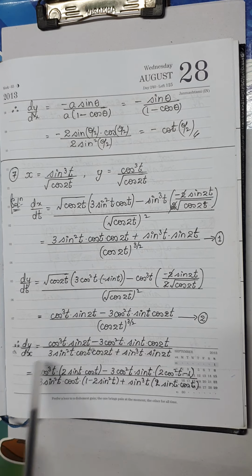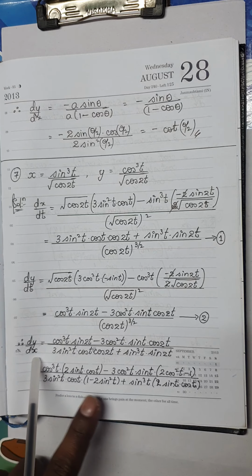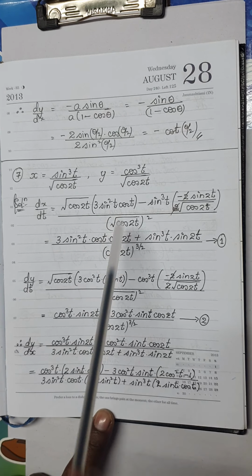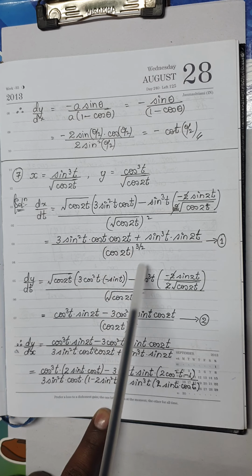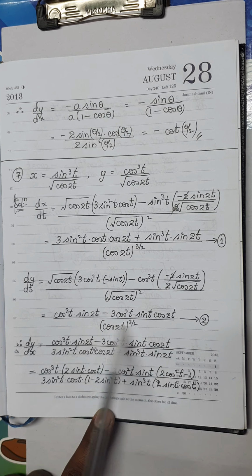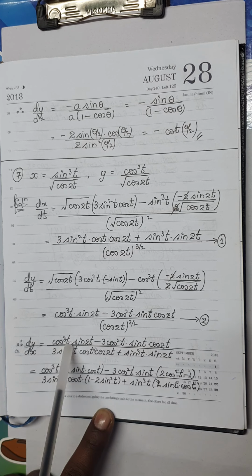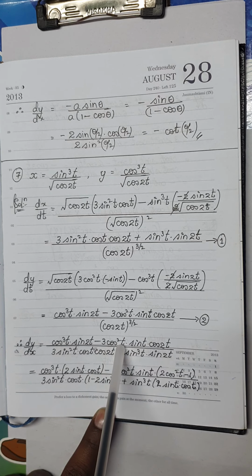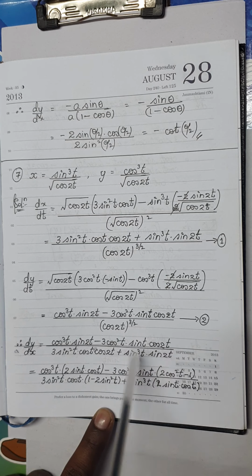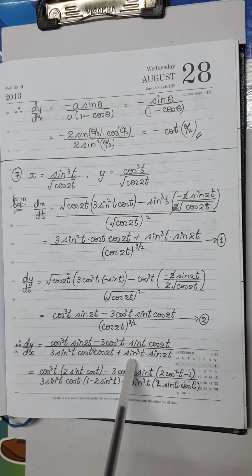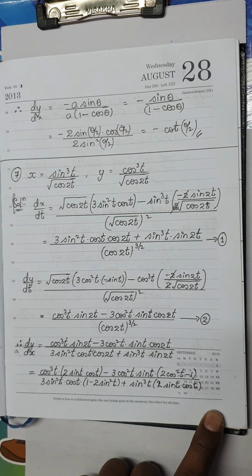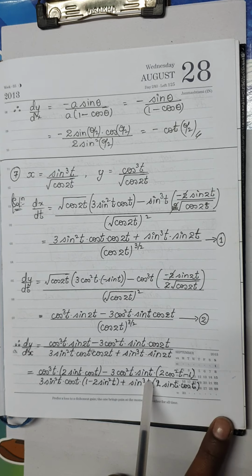Okay. Now dy by dx, we know it is nothing but dy by dt divided by dx by dt. If you divide it, remember these denominators will be cancelled. So I am left over with numerator from this part, that is cos cube t sin 2t minus 3 cos square t sin t into cos 2t, and denominator part will be this numerator. Whatever it is, I have written it down. Okay. Now we are going to make small arrangements.